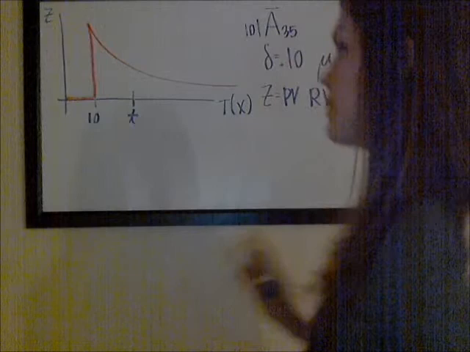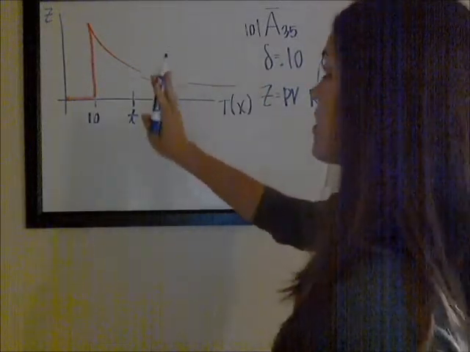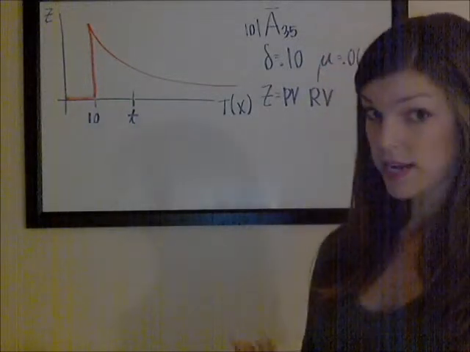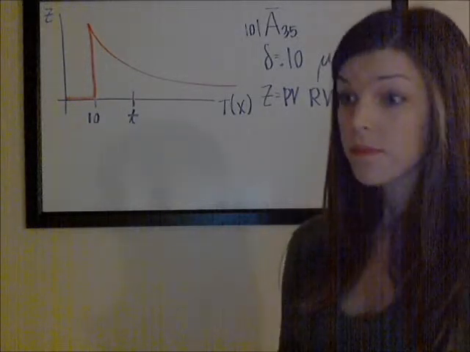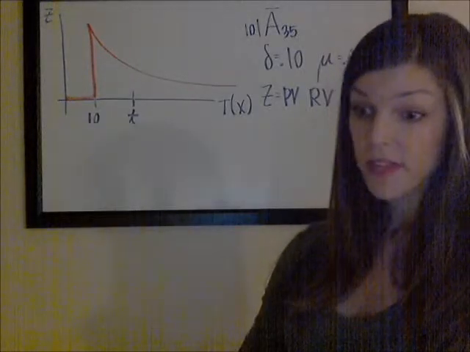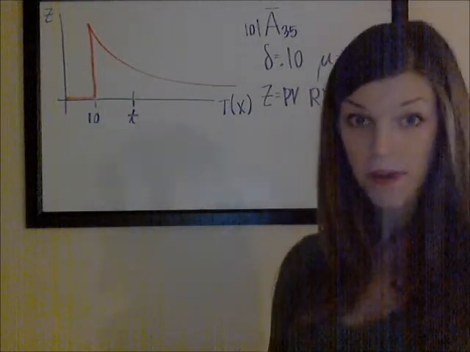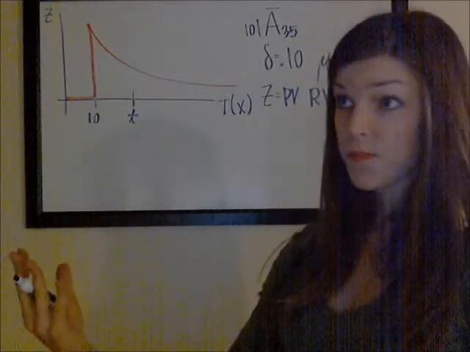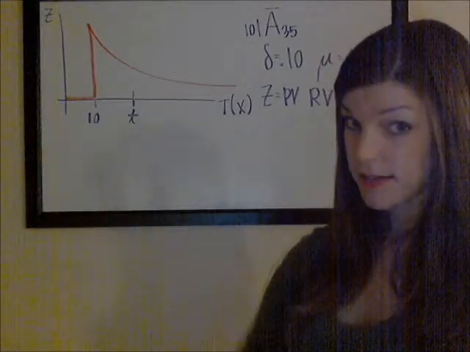So the first thing to note is that the larger present values of this insurance will be associated with death times that are sooner, because if they die 50 years from now, the present value of that insurance is going to be smaller than if they die 15 years from now. So for larger values of T, the present value of the insurance will be smaller because the benefit is getting discounted back farther,